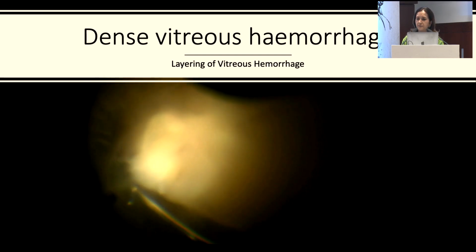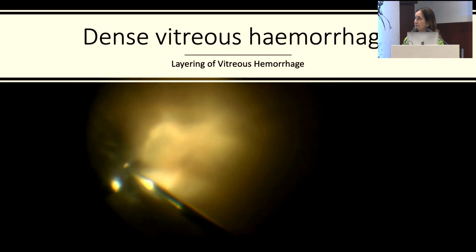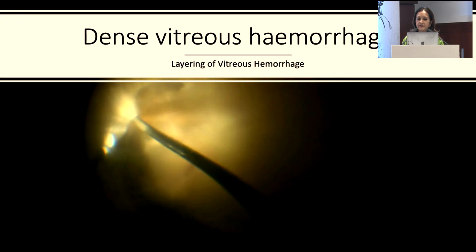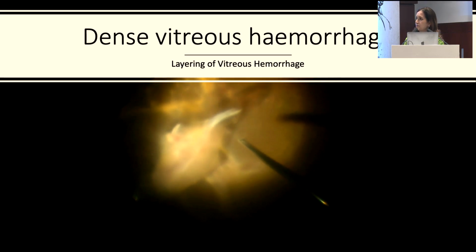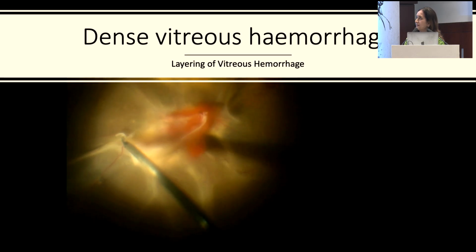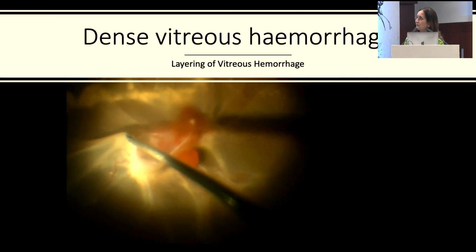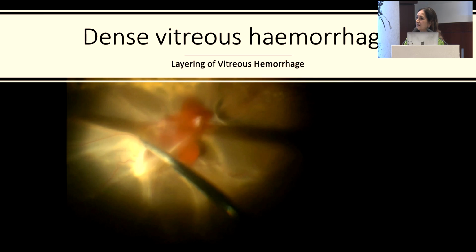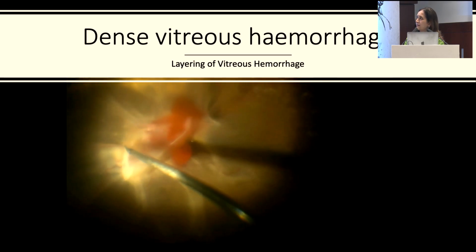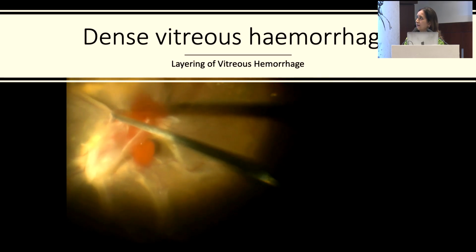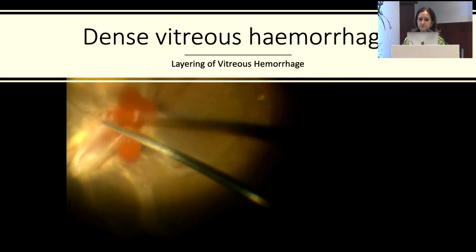So you layer up the vitreous, and you can see this vitreous hemorrhage is all opaque. So you layer it till you are able to at least know that the underlying retina is attached here. And once you do that, you can see how much of TRD is there. If you go in blindly, you would have created a CRD,